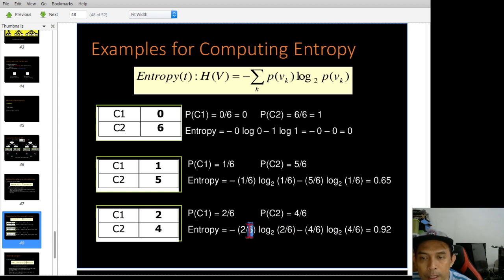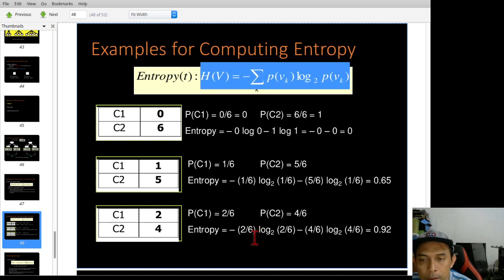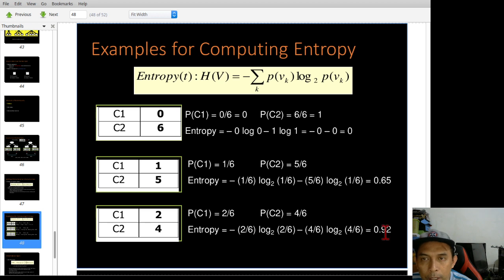So the division here is 6. This is the total number of instances, and the positive instances are 2, minus the negative instances are 4. So this is the formula. So the entropy for this is 0.92. So if you compare these three, out of these three,